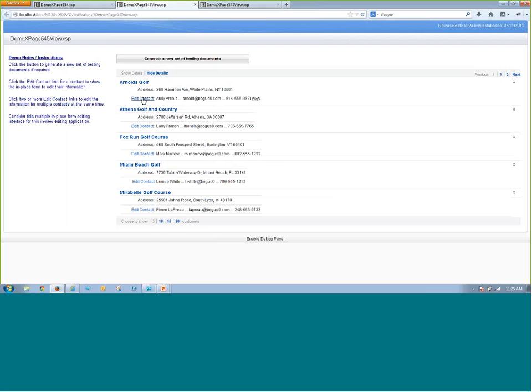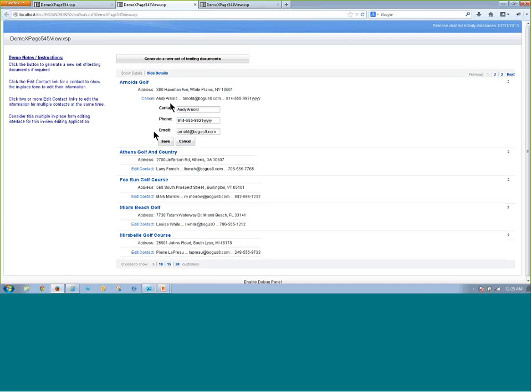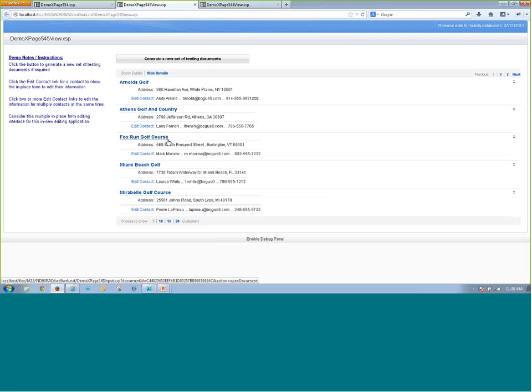So in this case, when I click edit, the form just pops out right below. So I can use this, change this again, save it, and the form goes away, and the data is updated immediately. So just to show you, you have a lot of flexibility. There's a lot that you can do in this detail section and you have a lot of options to really improve the experience for the user.